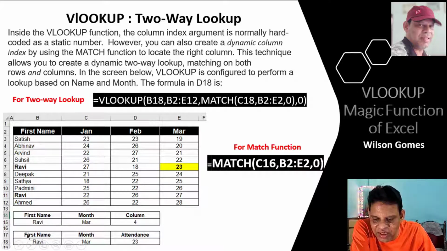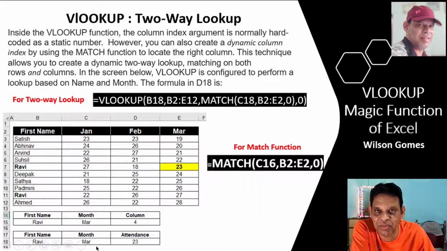Now, for example, I have given at the bottom: Ravi, what was his attendance in the month of March? Two pieces of information I have got, Ravi and March. I want to find out his attendance for the month of March. So when we use two-way lookup, it will look vertically as well as horizontally. That's why it is called two-way lookup.